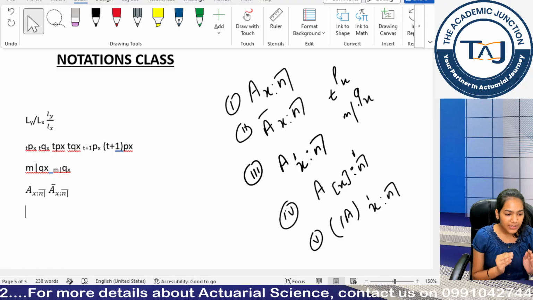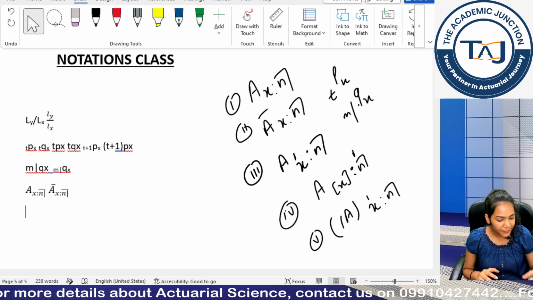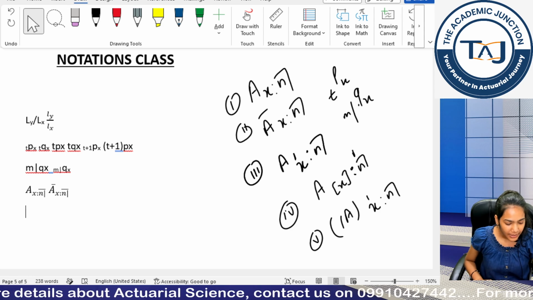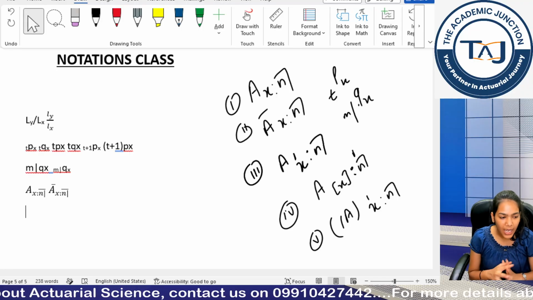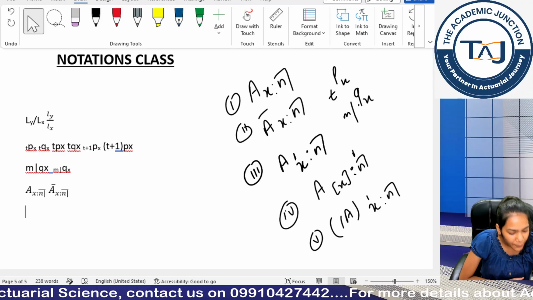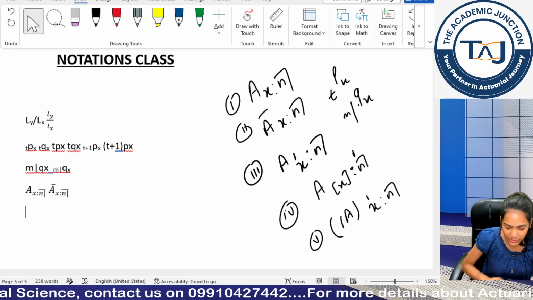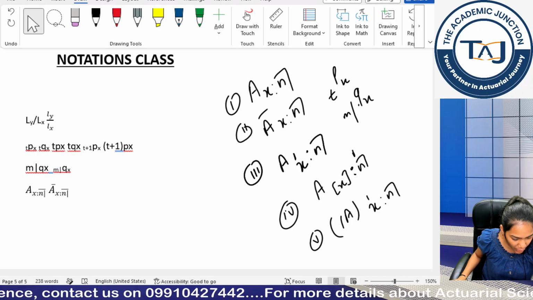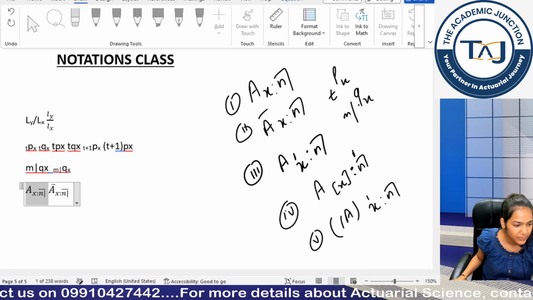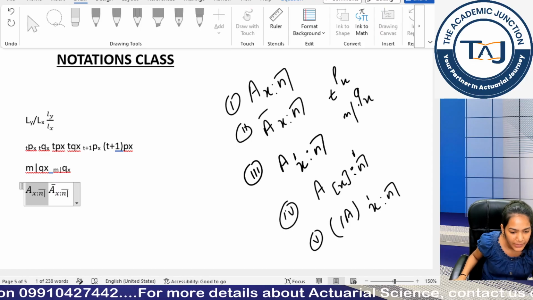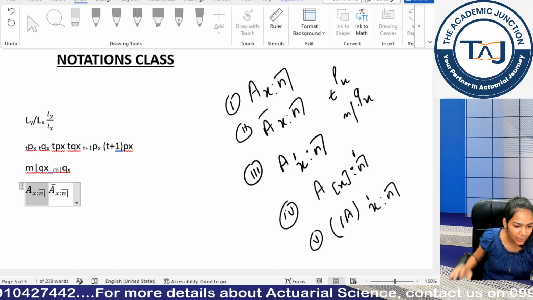Okay. Now, you may find it very lengthy. If you are finding it very lengthy, then we can also write it using the normal approach. How can we write it using the normal approach? For example, the first assurance notation. This notation is for what? Tell me. This notation symbolizes what? In your paper A, whose notation is this?